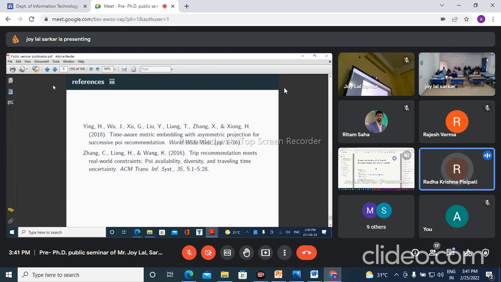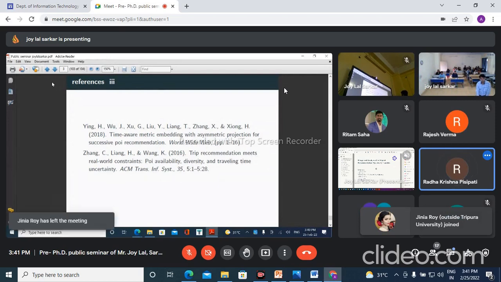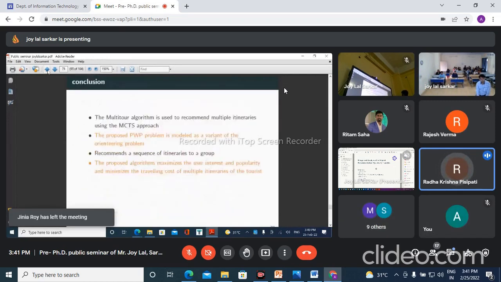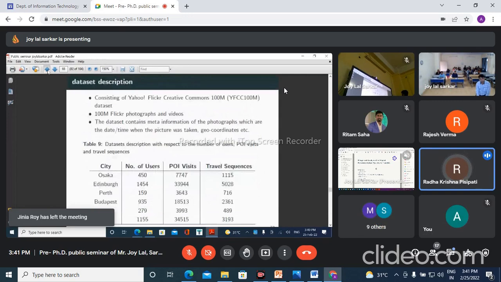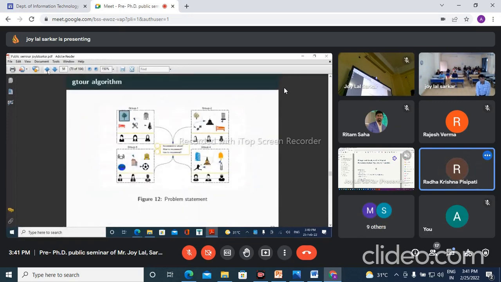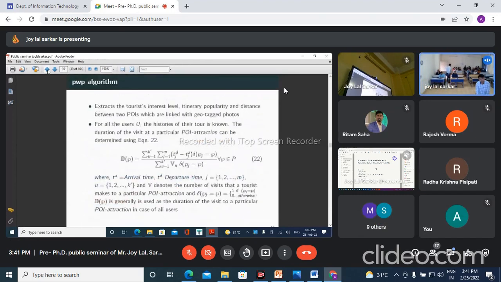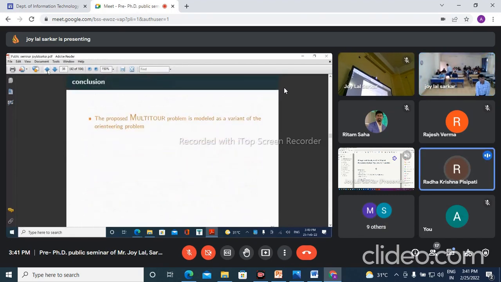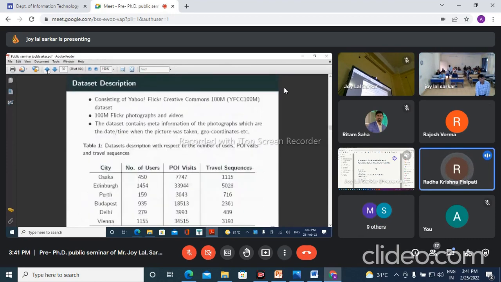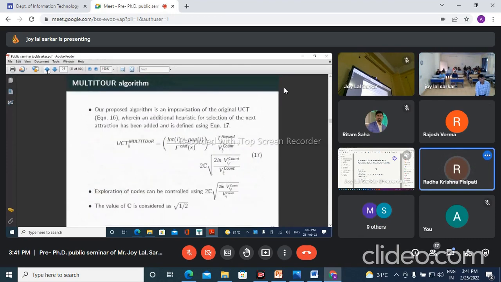The three works which you have given are very good. I just have a couple of aspects. When you consider the first one, the multi-tutor, if you look at around the 25th slide, the itineraries are in sequence, or are they actually at random? Yes, sir. It is a sequence of itineraries, sir. That is, in a particular sequence the person is traveling, correct?